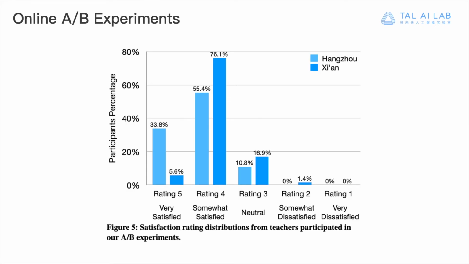We also conduct online A/B experiments. In the Dolphin system, automatic grades are given to teachers, and the teachers have the option to switch to manual grading mode. We enabled Dolphin for 183 elementary teachers from Hangzhou and Xi'an cities for half a year. The total number of weekly graded VFT assignments is about 80,000. In summary, 92% of teachers enabled the Dolphin automatic grading functionality. Among these enabled subjects, 87% of the automatic gradings of VFT assignments are accepted.